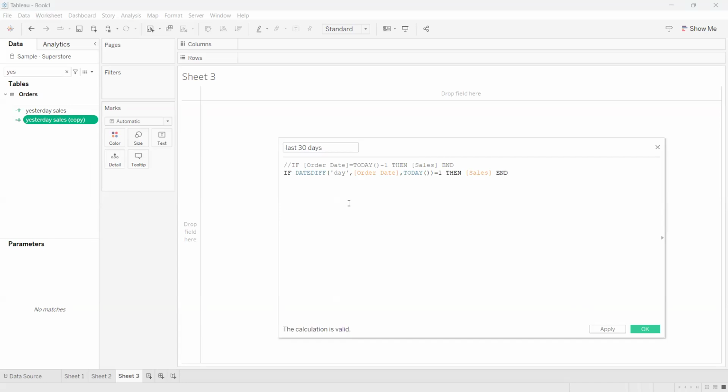So last 30 days means actually when you are using equal to 0, it will give you today. When you are using equal to 1, it is giving you yesterday. So when you equal to 2, it will give you day before yesterday. So what I want is, for example, if you want today's sales and if you want yesterday sales, then what you have to use here, 0 is giving you today's sales and 1 is giving you yesterday sales. So it should satisfy both these conditions, right? So in that case, what I can do here is like,